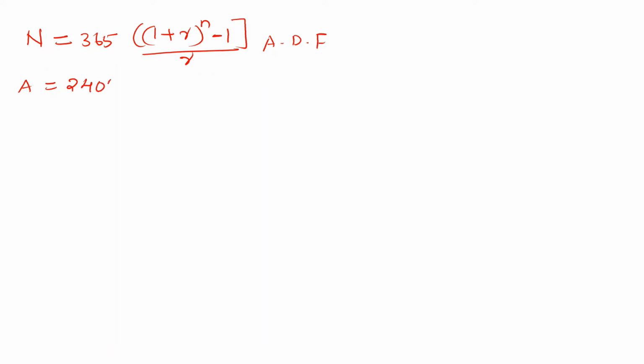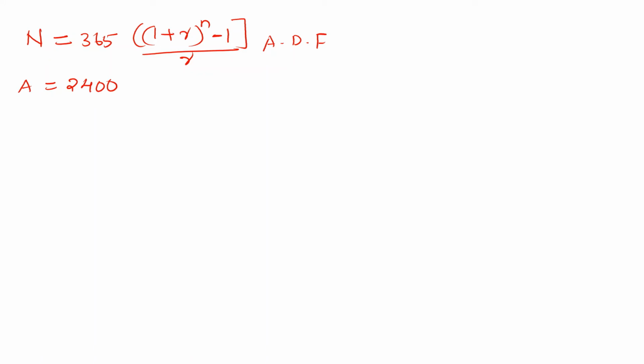That equation is N equal to 365 into (1 plus r) raised to n minus 1, divided by r, into A into D into F. If it is mentioned in the question that we need to do the design as per IRC 37 2012, then we need to follow this equation. That is, we need to first calculate the number of cumulative axles. All data are given in the question. They have already given the anticipated traffic as 2400 CVPD per direction.